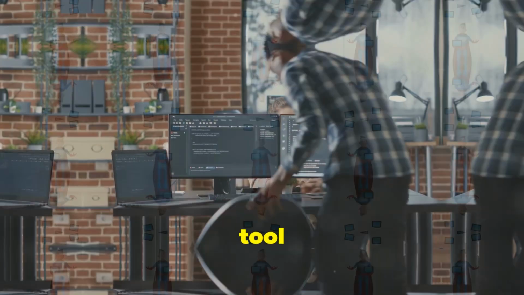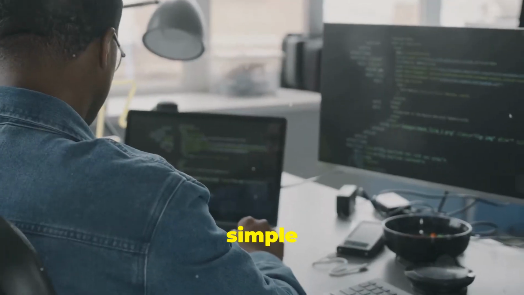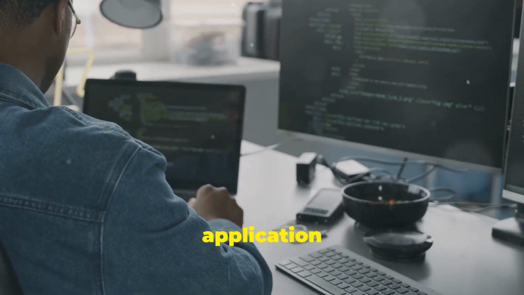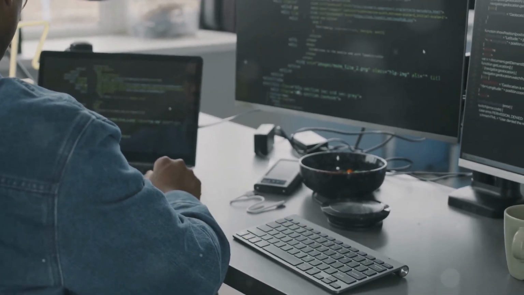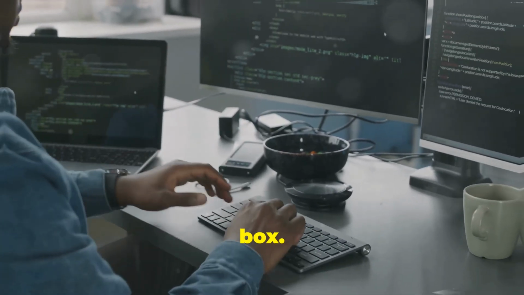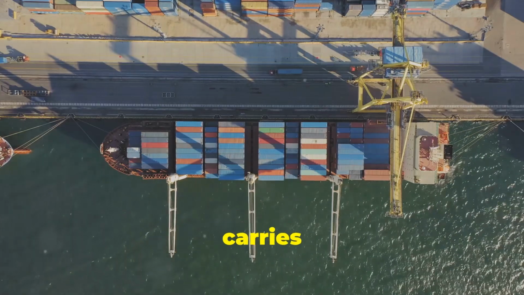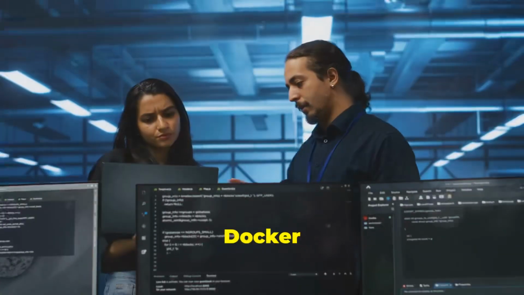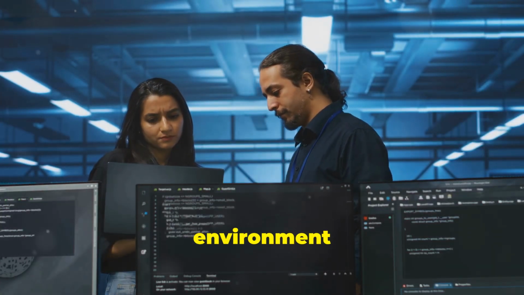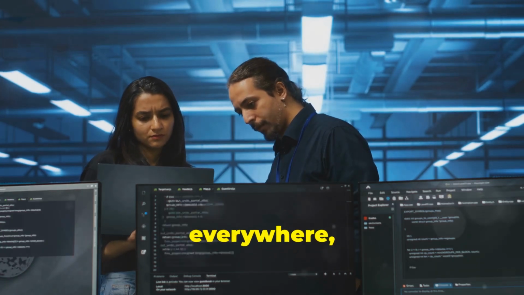Docker is a powerful tool that's here to save the day. In simple terms, it packages your application and everything it needs to run smoothly, like a neat little self-contained box. Imagine a shipping container that carries goods across the world. Docker is similar. It creates a consistent environment for your app so it runs the same way everywhere, from your